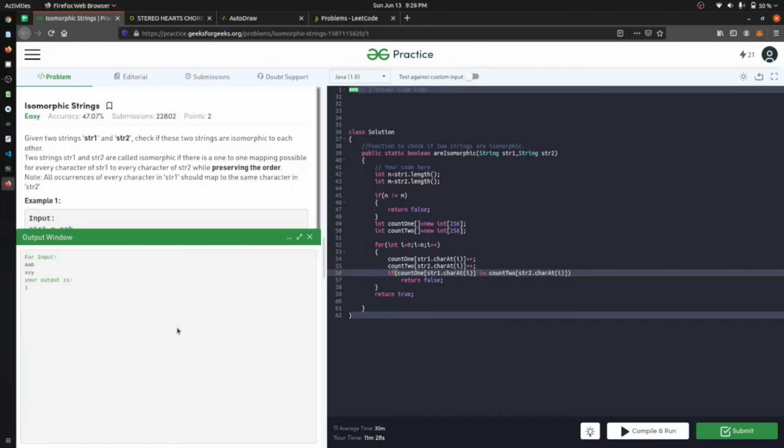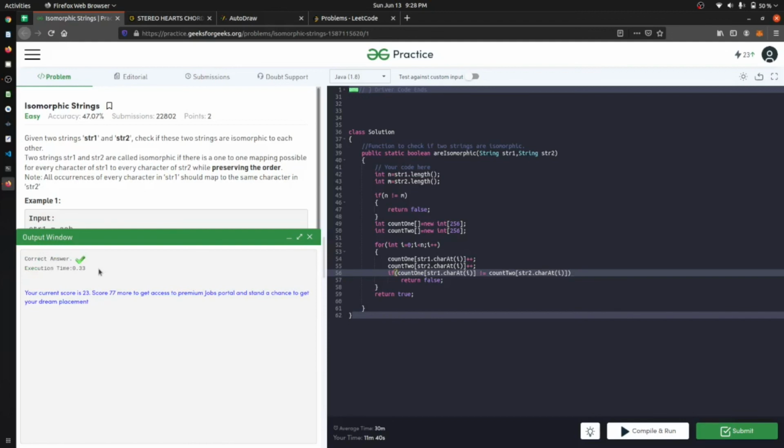Okay, so you can see that we got the output as 1 is equal to true. So let's just submit the code and see what the output is. Okay, so you see that we got the output as answer correct.